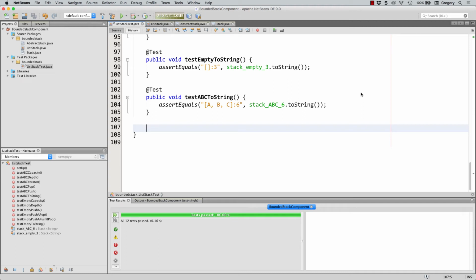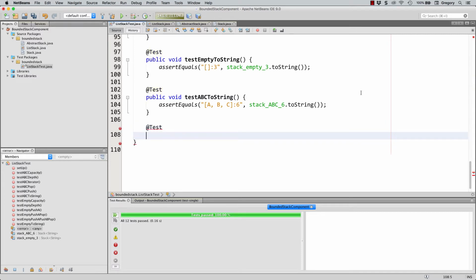Now let's implement the equals method. The equals method is quite an involved method to write for container classes like this. So we're going to spend a lot of time setting up tests. And the first test we're going to set up is